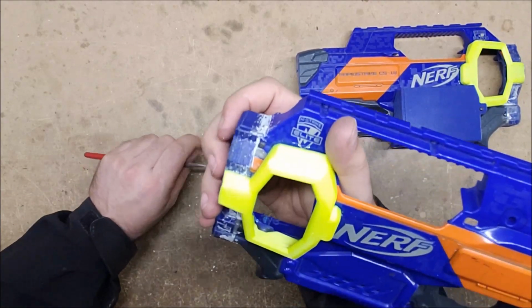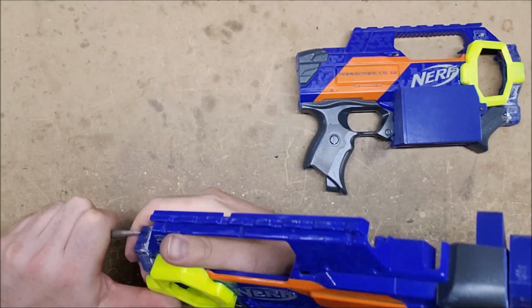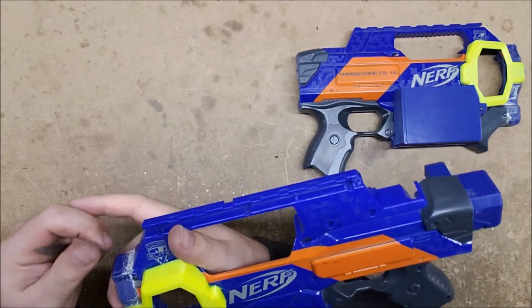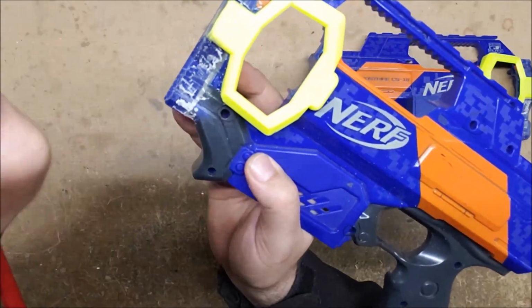Yeah, so that's got that much cleaner. It looks much rougher than it actually is. Once we hit it with the paint, most of that will get filled in and smoothed out, and it'll look real nice. So for a lot of this, I'm using the